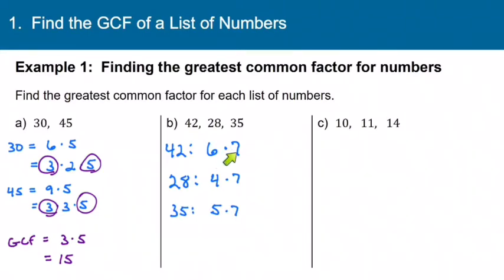Now notice that all three lists contain 7. So definitely 7 needs to be part of our greatest common factor. Now let's go back and look for